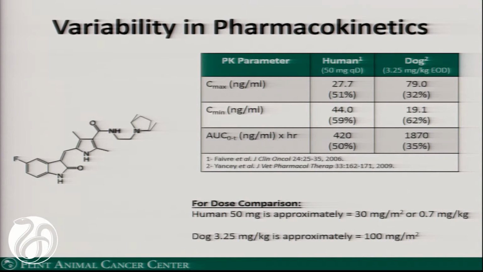Well, because you do have subsets of patients that respond and don't respond, that have toxic events and don't have toxic events. Can you tie them to PK? If you know you can tie that to PK, you know you need to be much more selective and much more careful with your dosing rather than dosing, maybe on mg per meter squared, or mg per kg or fixed dose. You have to find something to make that more normalized to enhance your efficacy and decrease your toxicity. And the fact that the variability that we see in the dog is very similar to what we see in the human at least gives us that platform to start exploring